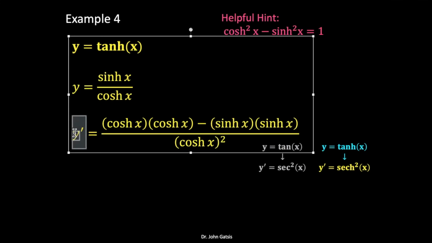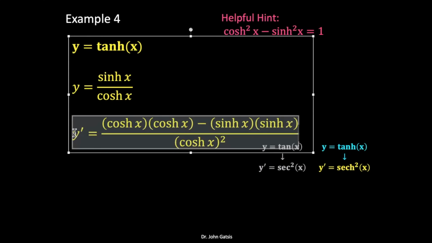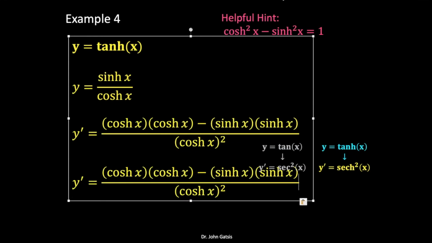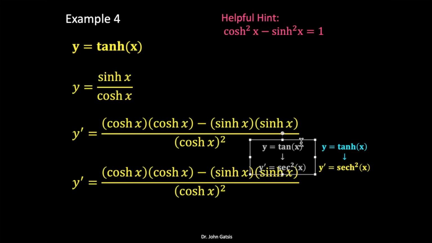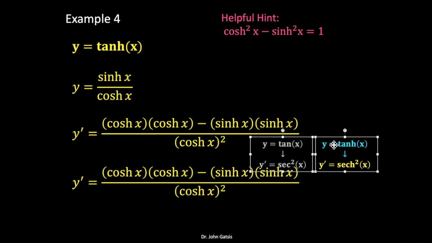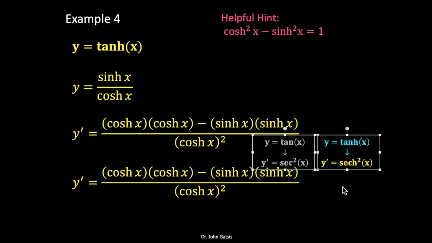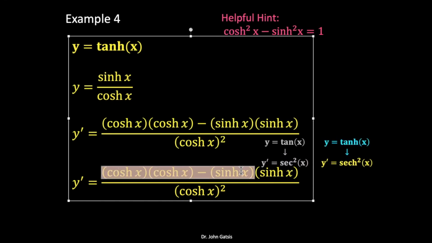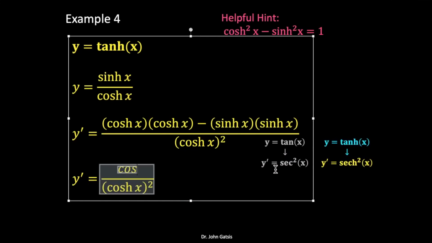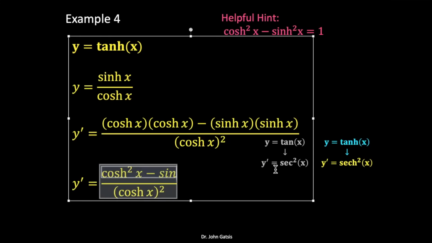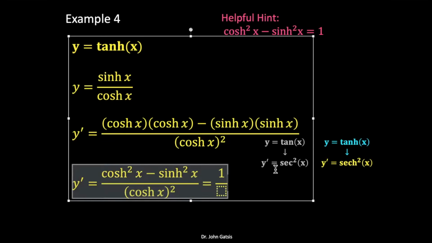What you notice in the numerator is precisely the identity that I've presented up here. I guess I'm going over this territory. Maybe I can just squeeze it in a little bit better. There we go. Okay. Well, anyway, that numerator is just going to be hyperbolic cosine squared of x minus hyperbolic sine squared of x. This is a lot of fun to say, trust me. And that numerator equals 1. So this is equal to 1 over